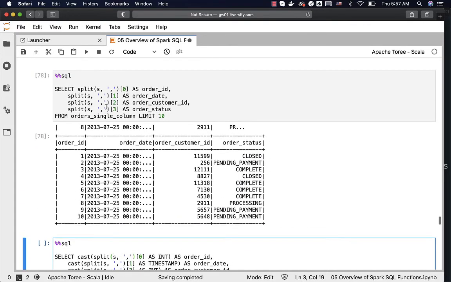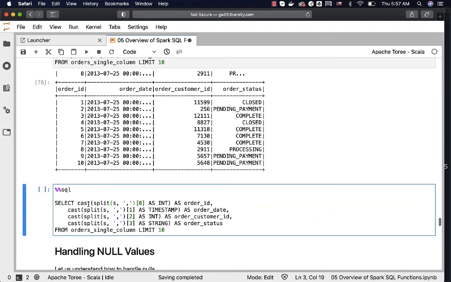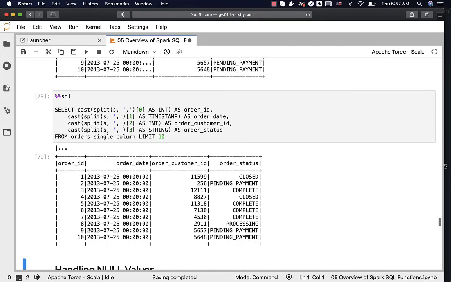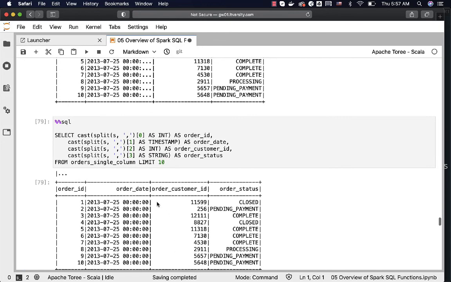So we can explicitly typecast like this. Now on top of the split function for each and every column value, I am using cast, and then as I am specifying the type it is supposed to be converted. Now I can run this, and I should be able to see the output without any challenges. This is how cast is typically used. We don't use with delimited datasets that often, but it can be leveraged if at all it is the case. With substring on top of fixed length records, we can use cast to typecast the values after the extraction to satisfy our requirements while loading data into the target tables within Spark Metastore.